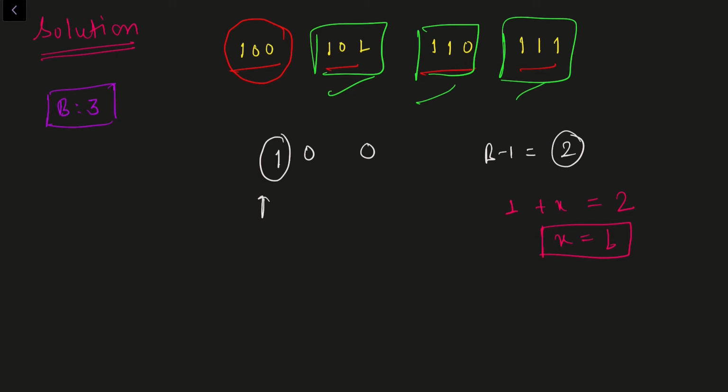Now let's move on to the second most significant bit, or this one. Now the second most significant bit is 0. Now again I'll do the same procedure. I'll try to maximize this 0. So what is the maximum I can get at this position? It is again 2, right? So I'll do the same calculation here. What is the value I can add to x that will make it 2? So I'll see that x equal to 2.